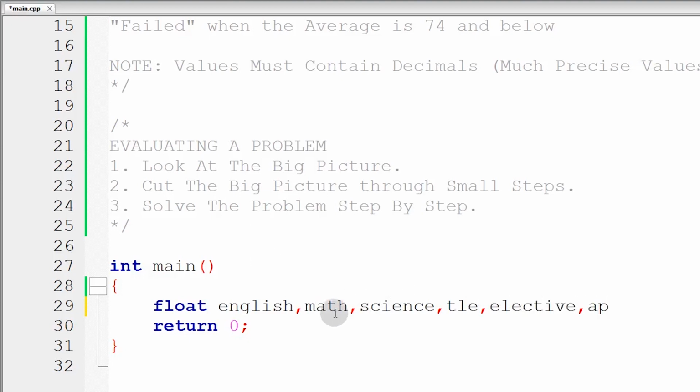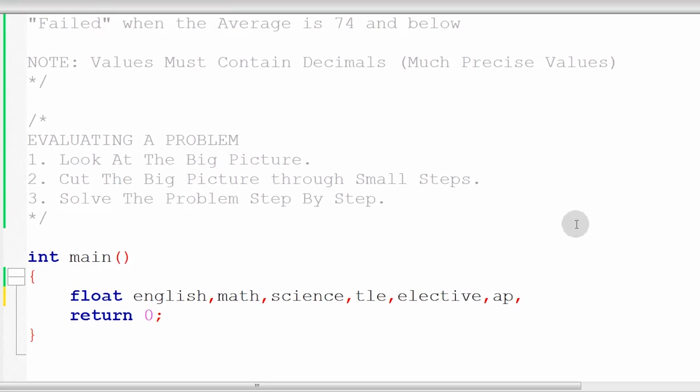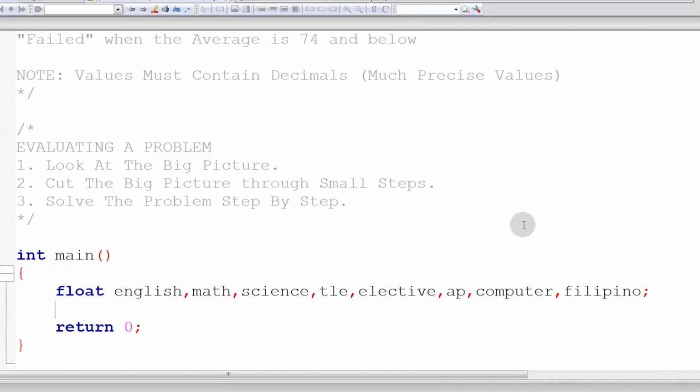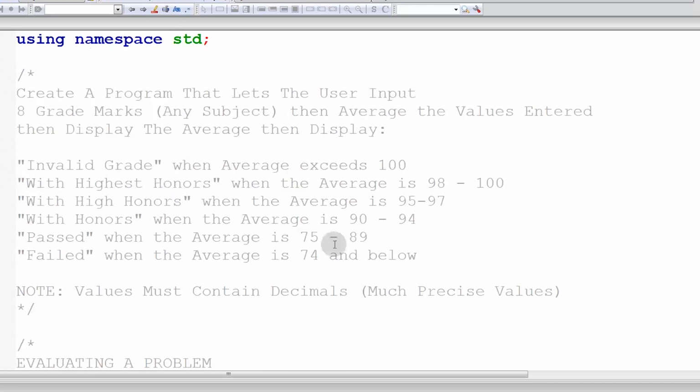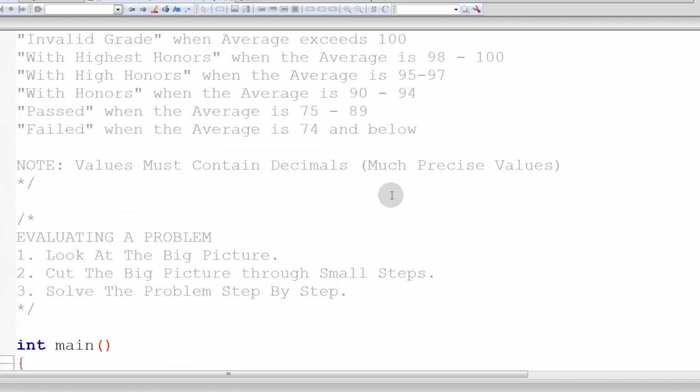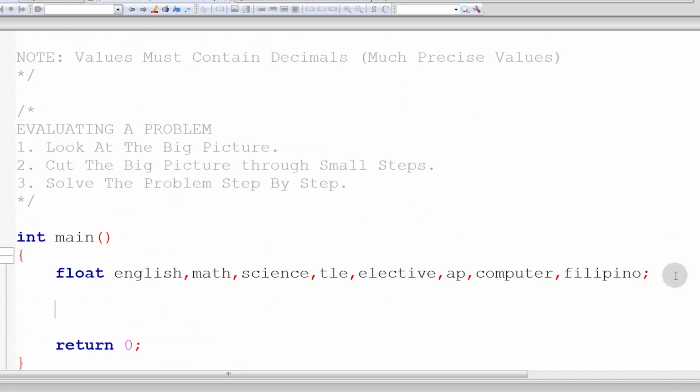So, ilan na ba yan? 6. Ano pa ba? Computer, Filipino. So, ayan, meron na tayong 8 float na variable. So, English, Math, Science, TLE, Elective, AP, Computer, and Filipino. And ang nakalagay doon, guys, let the user input. So, ano yung gamit natin pagka user input? In. So, ngayon, gagawa tayo ng indicator na out,